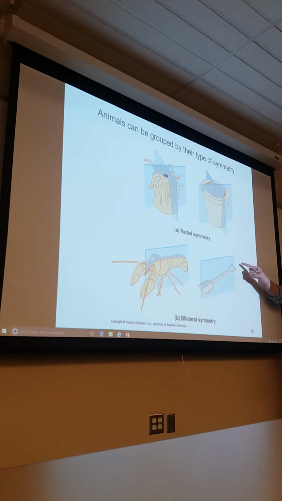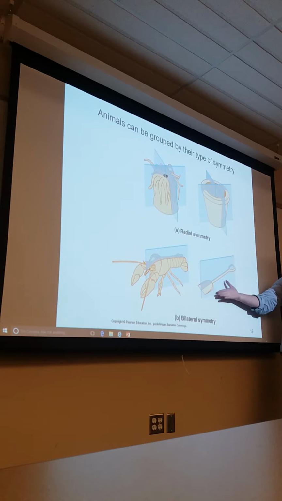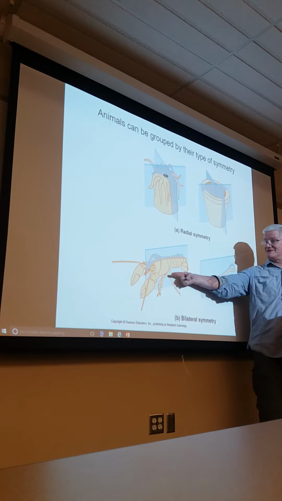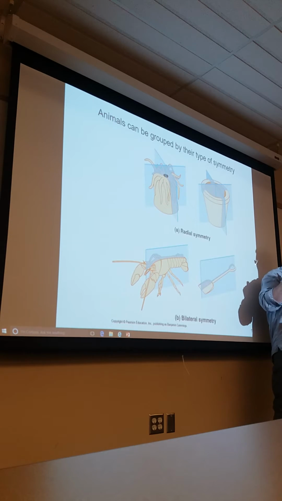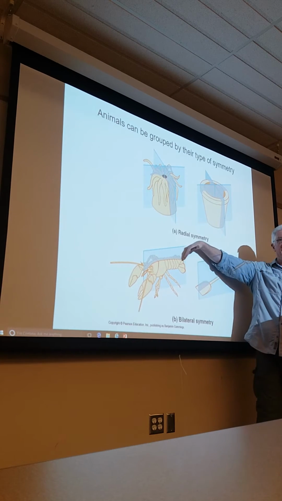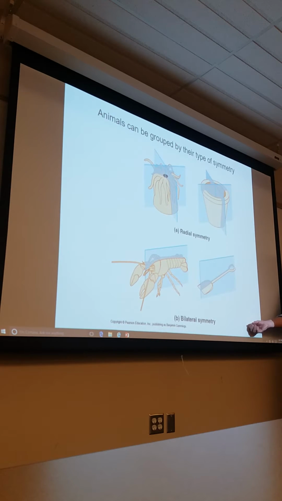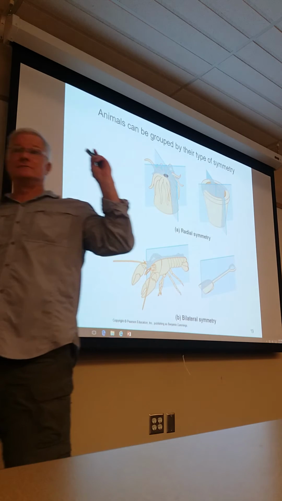Now, think about a shovel or a lobster. If I want two equal halves, I have to cut it in just the right way. I can't cut it this way, when one end's the handle and one end's the spade. I can't cut a poor lobster in half, because then one part's the edible part and one part's the non-edible part. But if I want two equal halves, there's only one way to cut it. It's right down the middle of its length. That's called bilateral. Because what does bi mean? Two. And what does lateral mean? Sides. Two sides that are identical, in quotes.